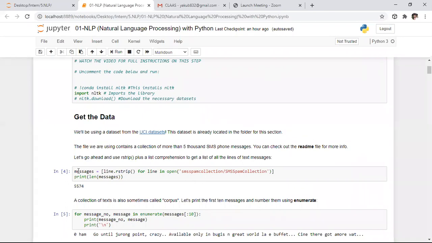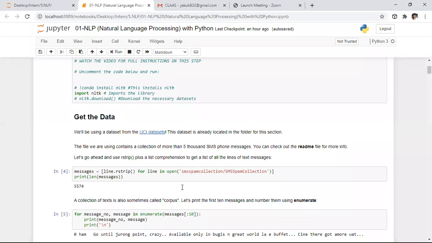After this, I want to read all the messages present in this folder, all the files present in this specific folder. For that purpose, I'm creating one list by using comprehension with line.rstrip. I want to perform the rstrip operation, iterate through each and every line, and keep each separate line as one message.